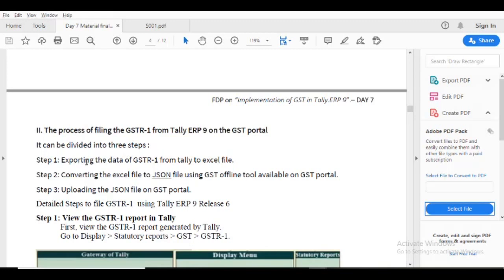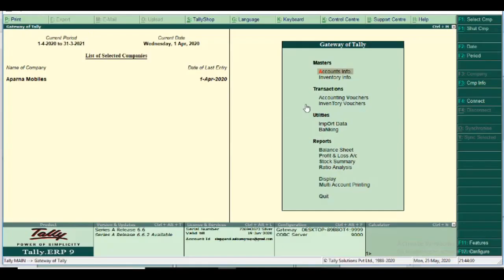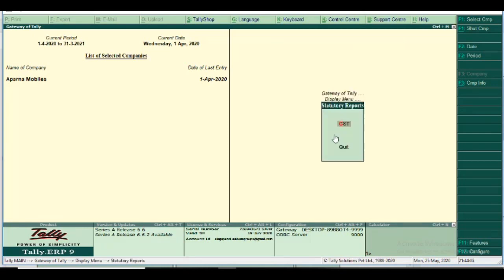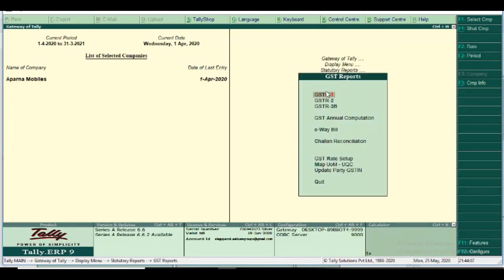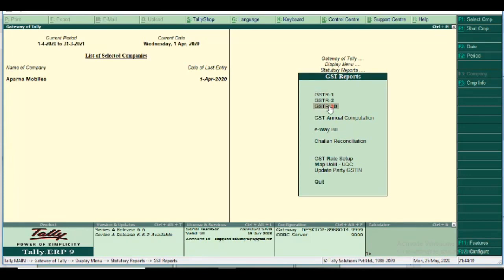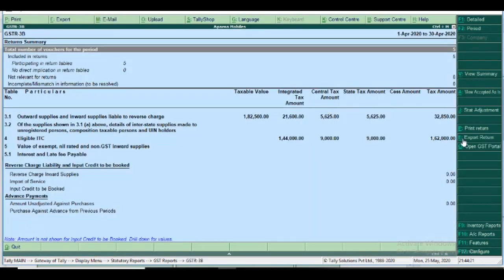The first step is exporting the GSTR1 data from Tally to an Excel file. In the statutory report GSTR1, here is the button, Control+E, to export GSTR. GSTR3B also has the same button, Control+E, export the return.